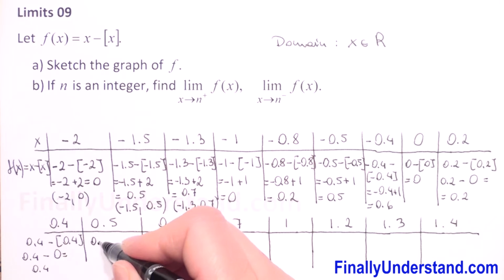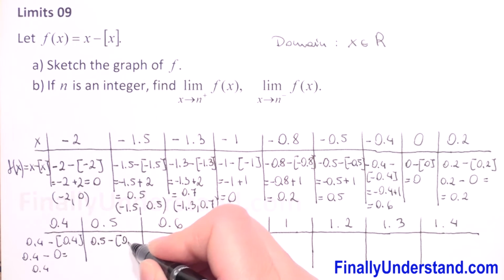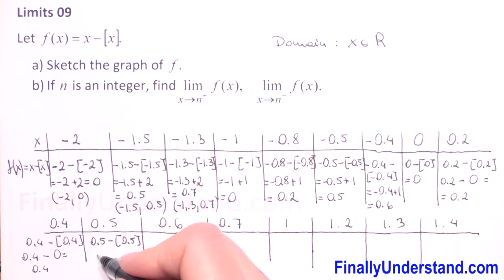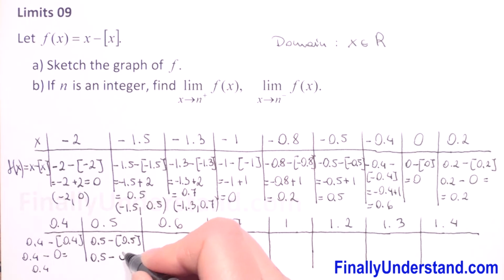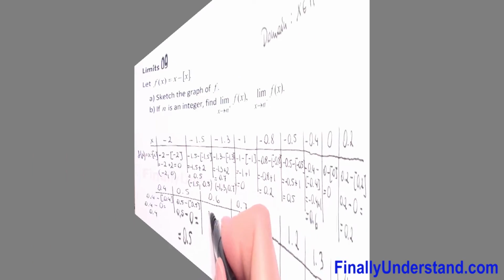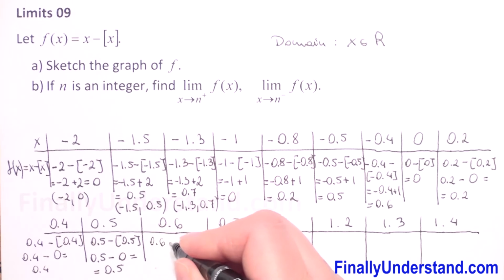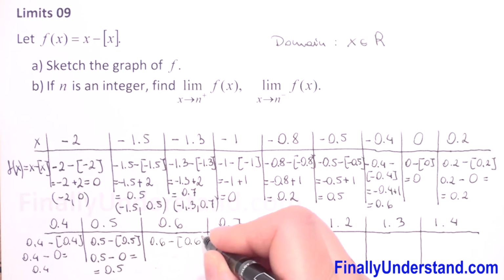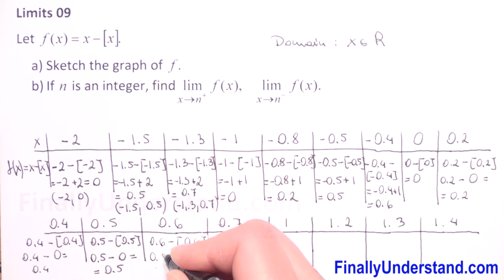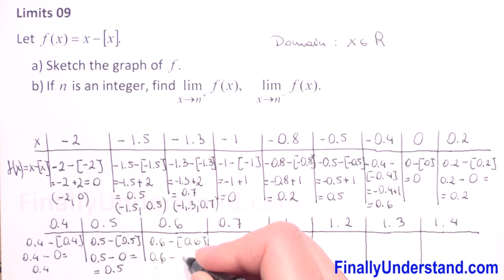We have 0.5 minus the largest integer which is less than or equal to 0.5. So we just copy 0.5 minus 0. This is equal to 0.5. So we have 0.6 minus, in brackets, 0.6. The largest integer for 0.6 will be 0. So this is equal to